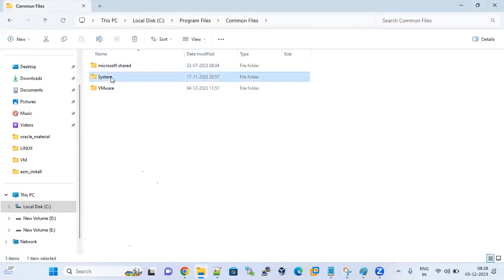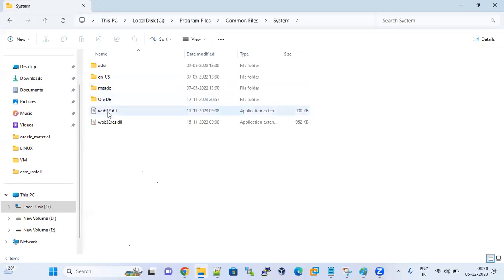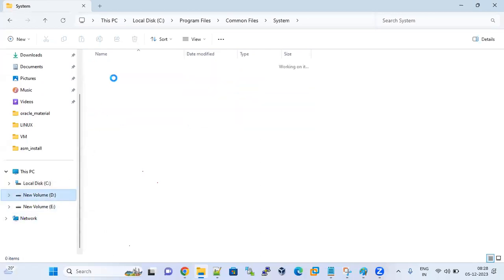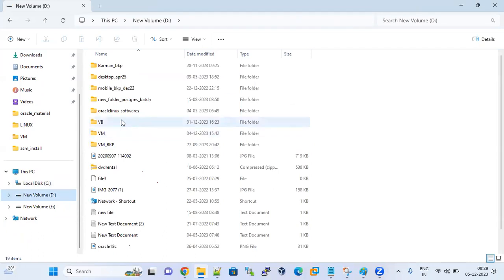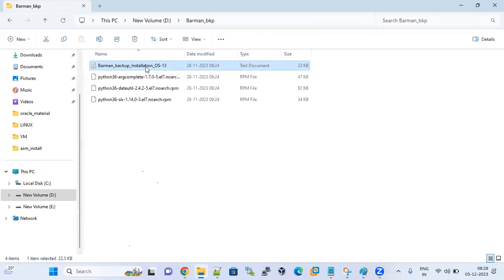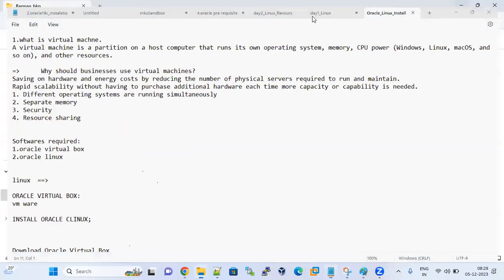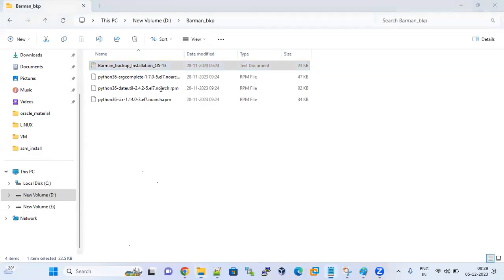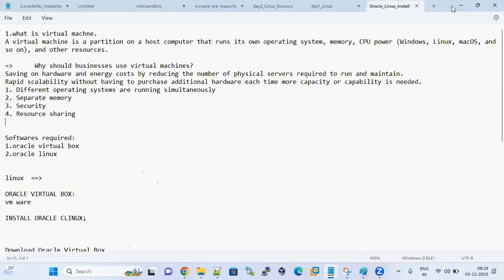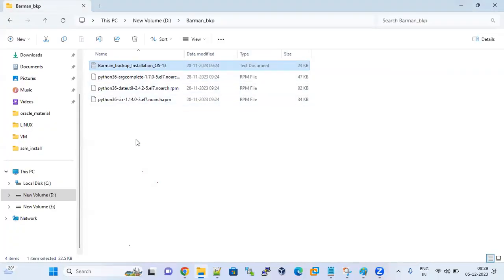You can see this is a folder. Inside the folder, again there are folders and files. What is the purpose of a file? To store the data. Let me go to D. This is my customized files. You can see this is a file. Yes, this is my data. I want to store the data inside the file. This is the file name. Inside the file, I cannot store a folder, but inside the folder, I can store files as well as folders.